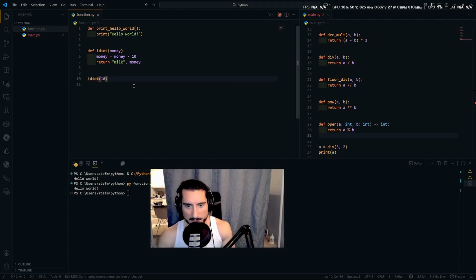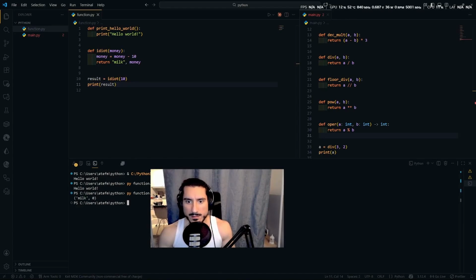But if we call this function right now, it will not do anything, because we have to store the return data that we have returned from it somewhere. So if we create a new variable called result, we store the information inside it, and then we print that variable that we have assigned the result to. And now we run the program again, and that's what Mr. Idiot, sorry if I offended this guy, but it's just a hypothetical guy, so it doesn't exist.